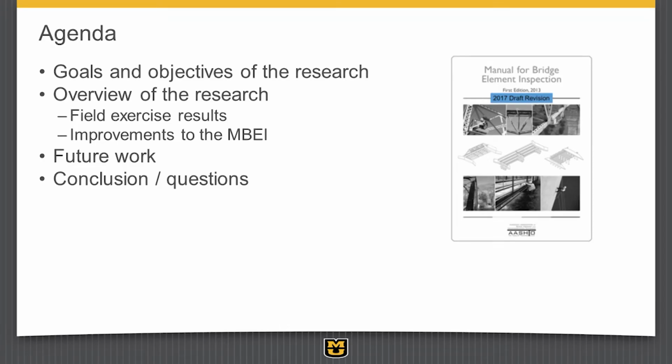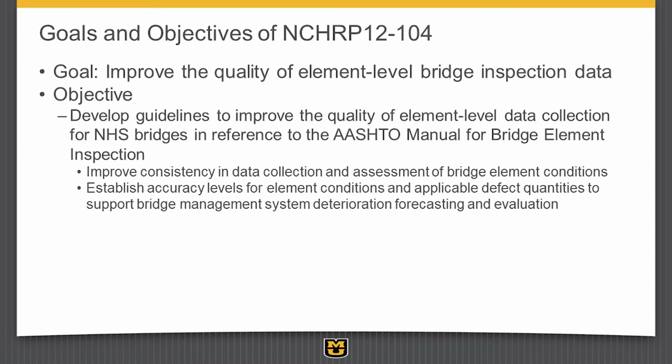This is work related to the NCHRP program that happened a few years ago, and we'll talk a little bit about the goals and objectives of that research, the outcome, and this presentation is really about the quality of element level inspections. We did some testing in the field that looked at the variation, and quality is kind of another word for variation, right? How much do the results that you get out of the inspection vary from the intended answer or the mean or some other measurement of what the variation is, as a means of assessing the quality of that inspection and the quality of the data that is the outcome of the inspection.